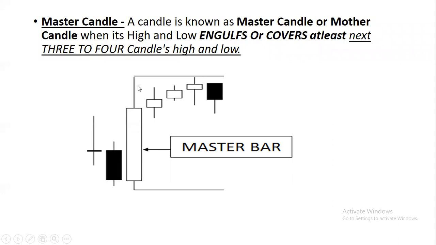How will you come to know the first candle of the day is master candle? You will come to know by 10:15. Trading begins from 9:15. So from 9:15 till 10:15, in this 1 hour of duration, you will have total 4 candles on graph. Now let's assume this candle starts at 9:15. So this will complete by 9:30. This will start at 9:30. So this will complete by 9:45.